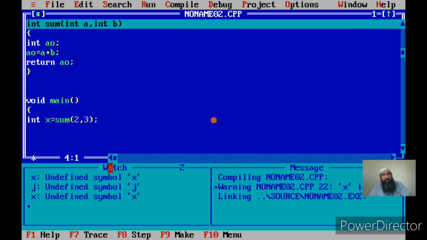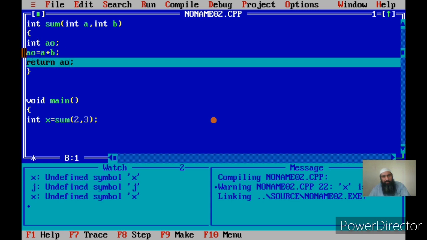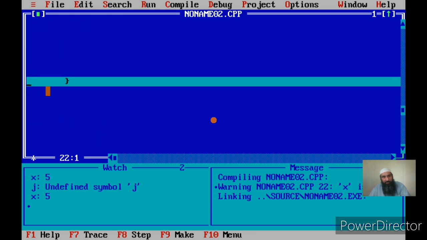Now I am calling the function. Control is transferred from the main to the function. The 2 and 3 are passed to a and b. Now a and b are added and the answer is stored in AO, and AO is returned, and that answer will be assigned to x. So the value of x is changed. It is 5 now. I hope this is clear now.